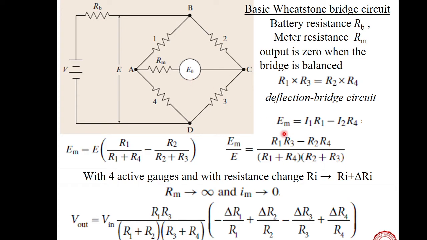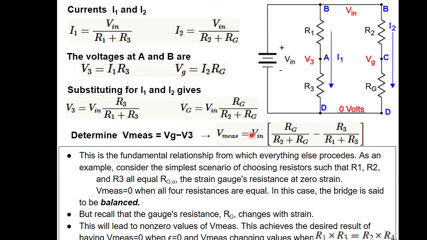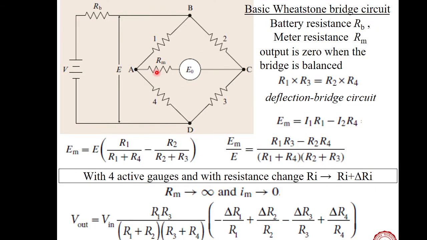You see, ideally our equation, this is what we developed, taking current in this circuit as 0. So if there is some current through this line AC, then this equation is not valid as such. So that error will come if there is some current in the circuit, which we cannot avoid in deflection type of measurement. If we use a galvanometer or some voltage meter here, that is inevitable, and that is taken care of by increasing the resistance value of the meter. This is the thing.